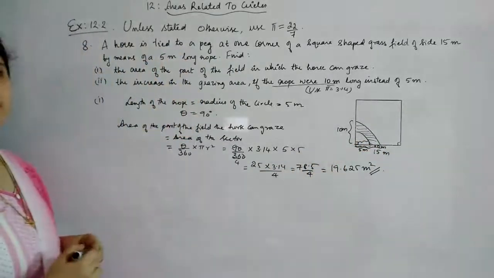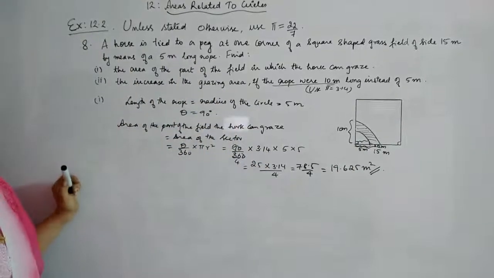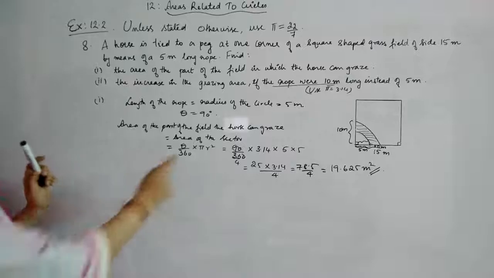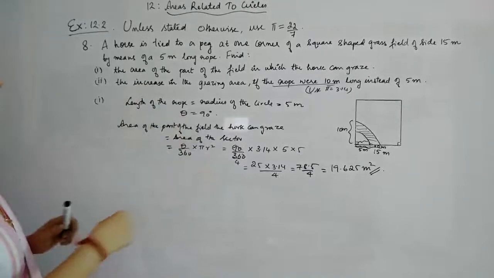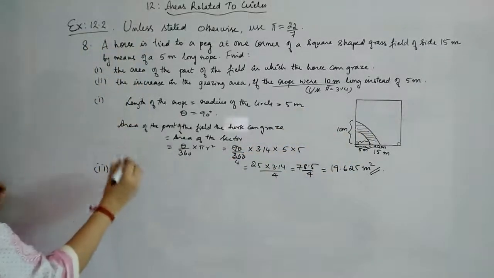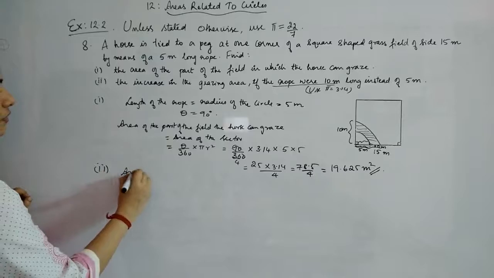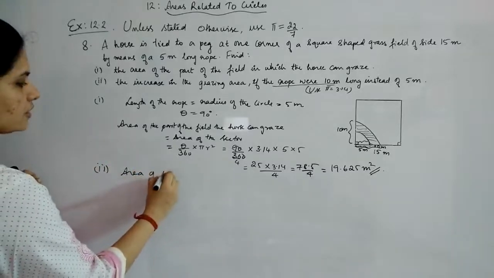For that, what we are doing is first finding out the whole region with r as 10 meter and then subtracting this value from that. That will give you the middle portion. So for the second one, we are just finding out the area of the new grazing area, the area of the sector